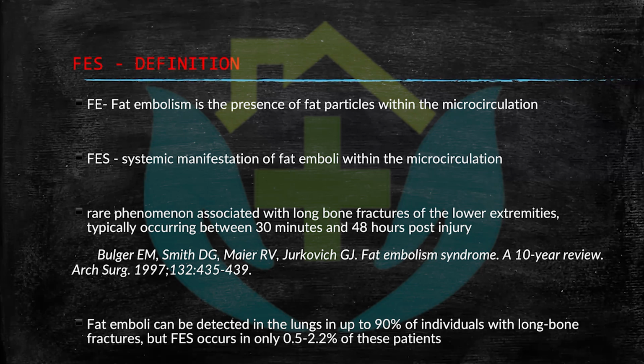So definition wise, it is the phenomenon of severe biochemical and mechanical manifestations of multiple fat microemboli in the system. So because of which we have different array of manifestations. So the basic thing is the systemic manifestation because of fat emboli in the circulation. It is a rare phenomenon altogether, but in a trauma setup it is very common, and it is seen mostly in patients who have long bone injury or long bone fracture, especially femur fracture, humerus fracture, tibial fracture, and rarely pelvic injury and trauma can also cause that.